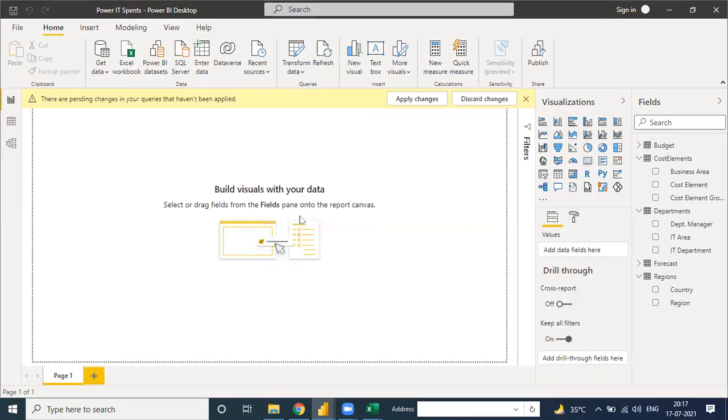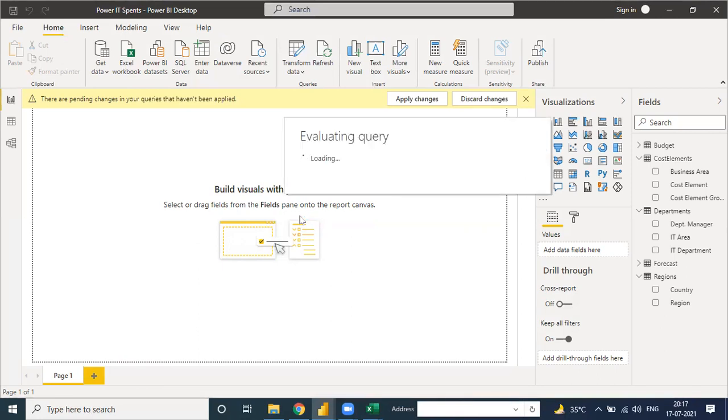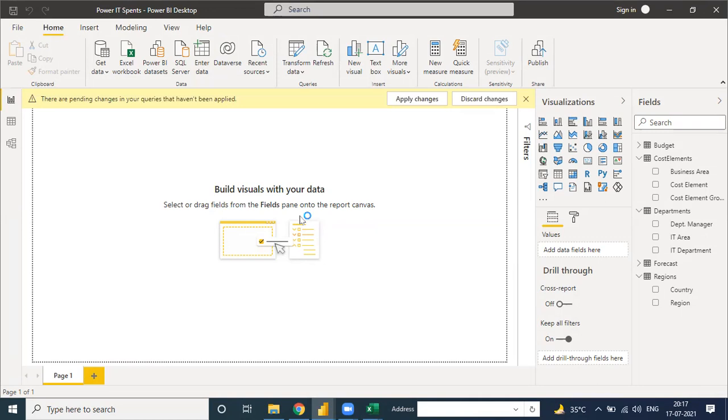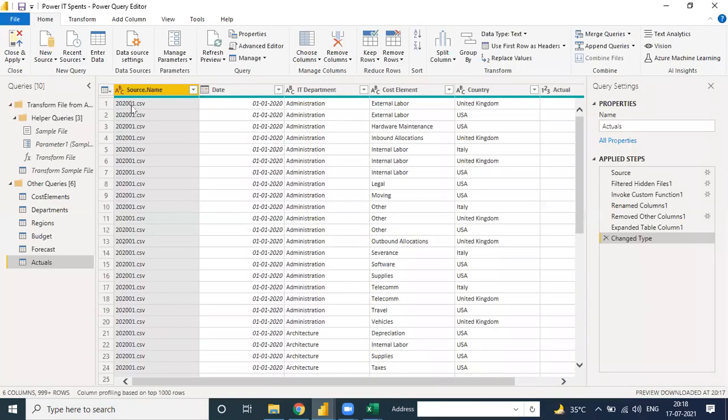Now the transform page is opening on this side, evaluating query. See, the transform data query is open.